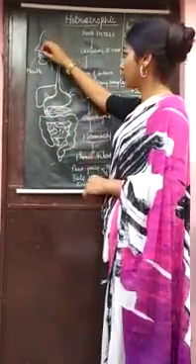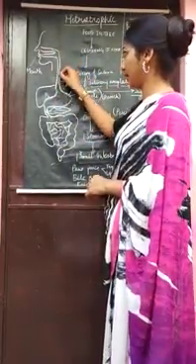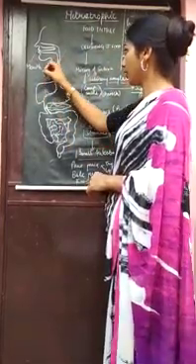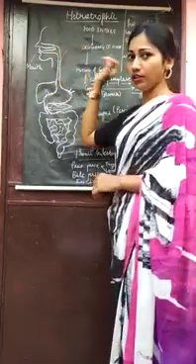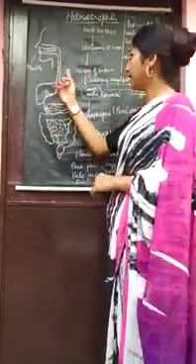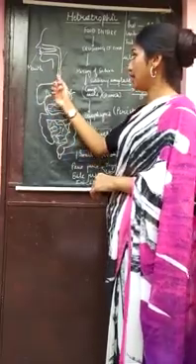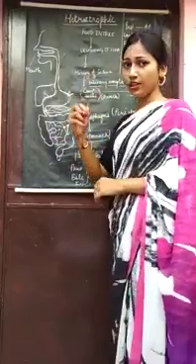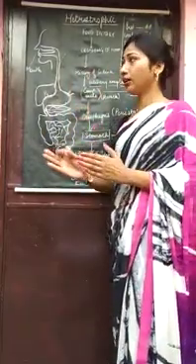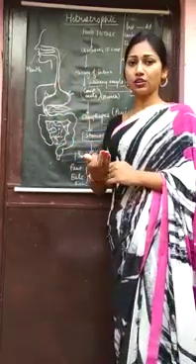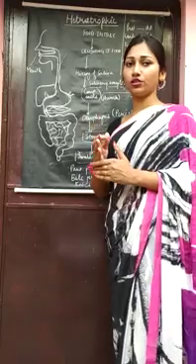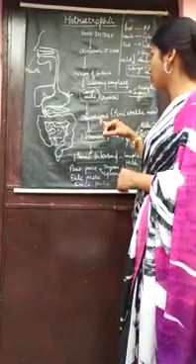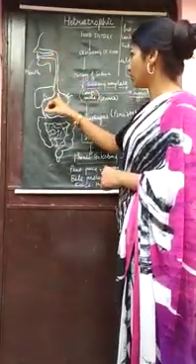Then food moves from the mouth to the stomach through this food pipe. This food pipe is called the esophagus. The esophagus has a long tubular structure, and its inner lining is lined by mucus, and it also contains a muscular wall. This muscular wall has the capacity to contract and relax. The process of contraction and relaxation occurs here. This rhythmic contraction and relaxation movement is called peristaltic movement. Through this peristaltic movement, food goes from the mouth to the stomach.